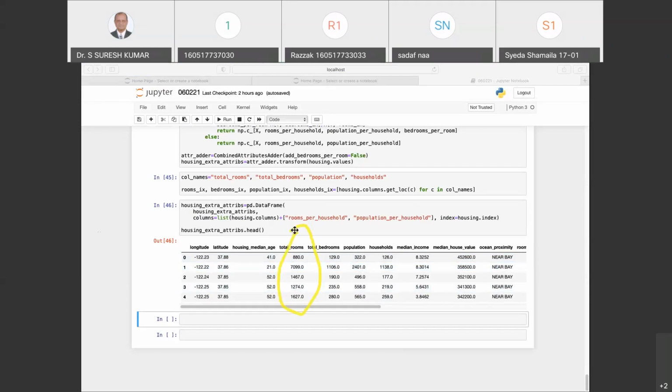And definitely I'll also request you, please see the median income. What range does it range from? That also ranges from, I think, about 0 to 14 or 15. See, now scaling the target values, generally you can say, is not required. There are two common ways to get all attributes to have the same scale, which are min-max scaling and standardization. Min-max scaling, which is also called normalization, is the simplest. Values are shifted and rescaled so that they end up ranging from 0 to 1.